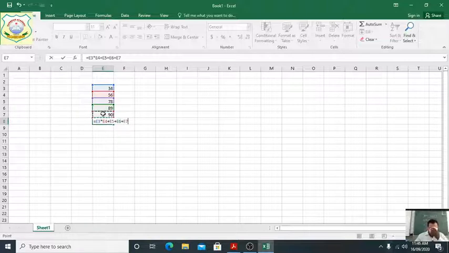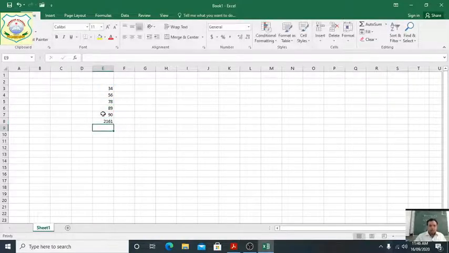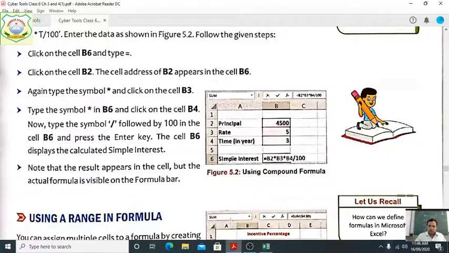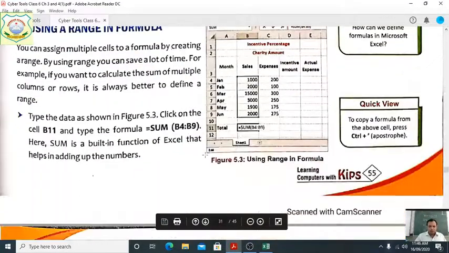Now students, you can see here 2161. This is different from the previous one. What we have done is first multiplied E3 by E4, and after that added. So this is the compound formula, in which we have used two mathematical operator signs. Clear students?